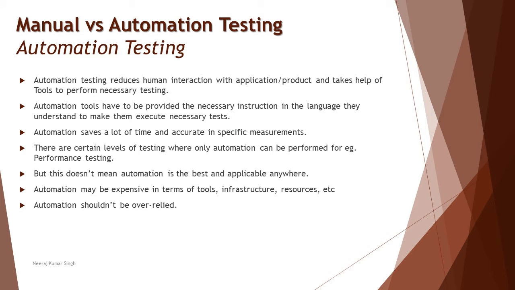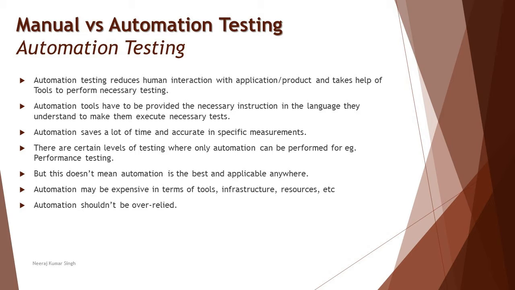When you talk about automation testing, of course, the word itself says that we are trying to automate it, which is going to reduce the interaction of humans with the application when trying to test it. It's quite simple to understand that your work is being done by a robot, which has been instructed to perform certain specific tasks. It's equivalent to having an automated washing machine at your home and performing automated